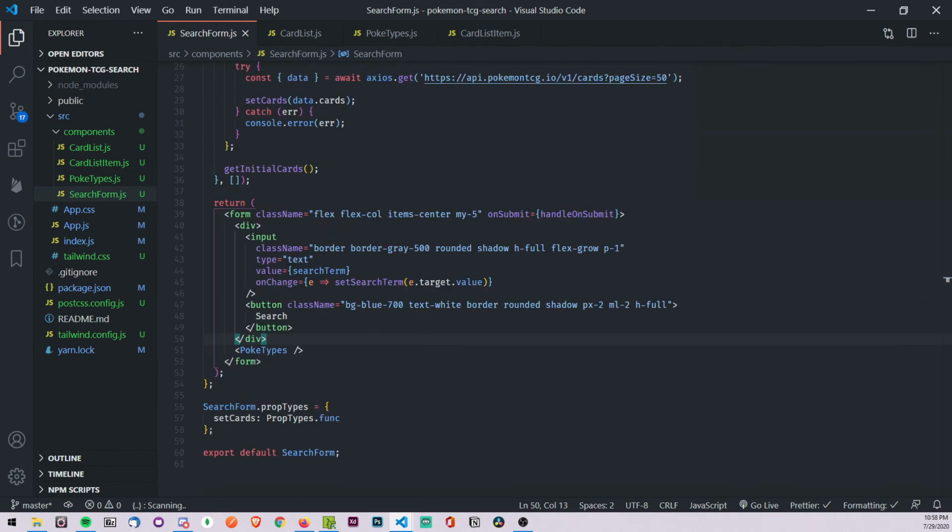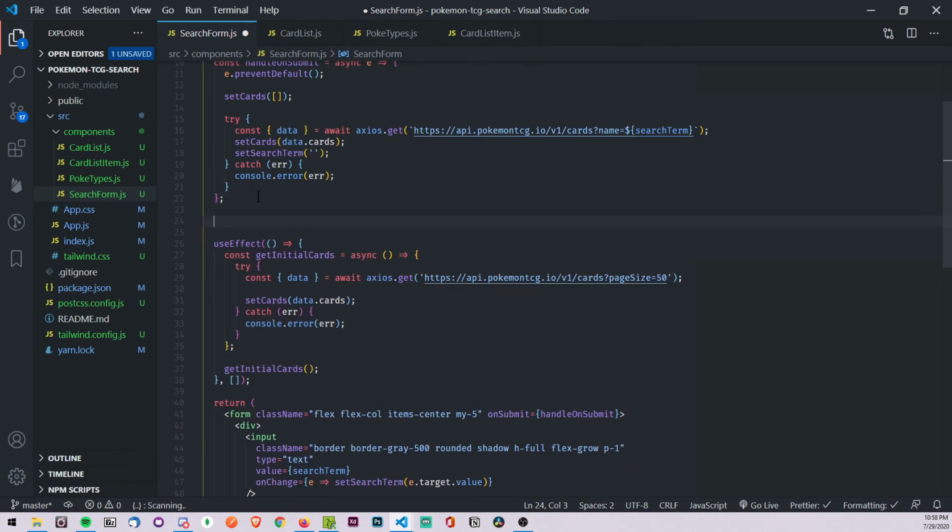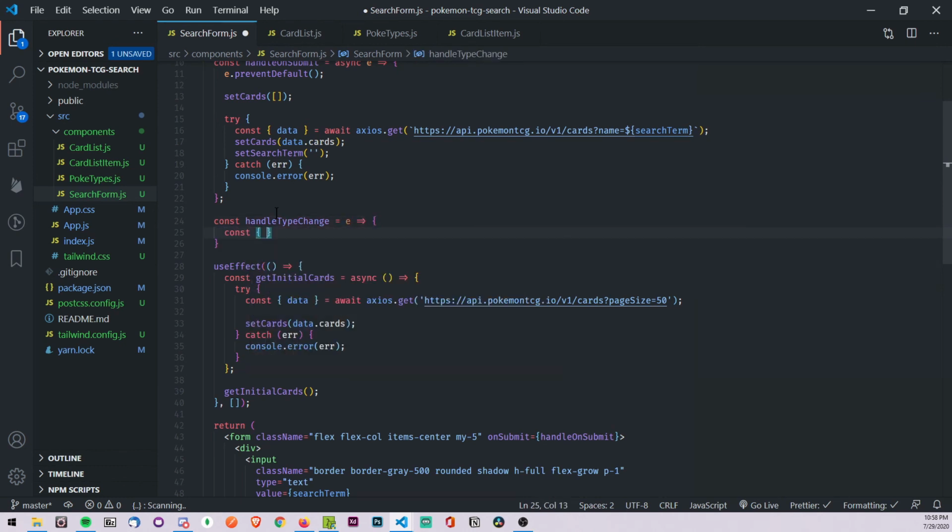And let's say poke types on input change is going to equal, we'll call it handle type change. Okay. And we'll go up above the use effect and say const... What did I call it again? Oh, handle type change, right? Okay. Handle type change. That's going to get the event arguments, and we're going to destructure some things from that event. We're going to do value and checked